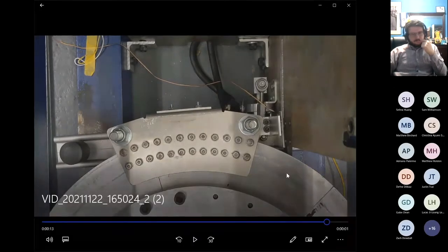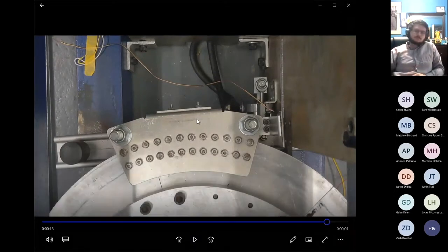All right, so a few interesting things to note. This demonstration wasn't done at our full projected speed of 5,000 RPM. The flywheel was spinning at around 1,300. So we're working to get that up to full speed by experimenting with the motor. But